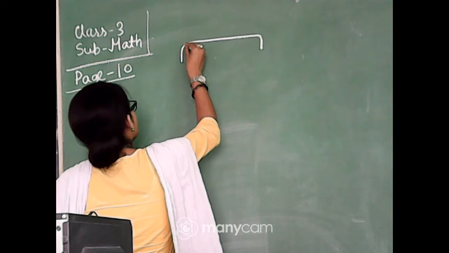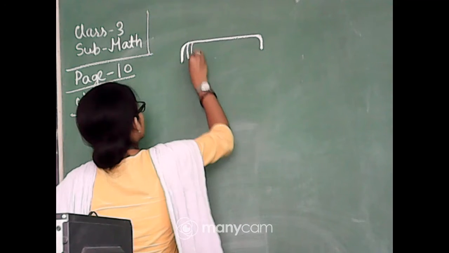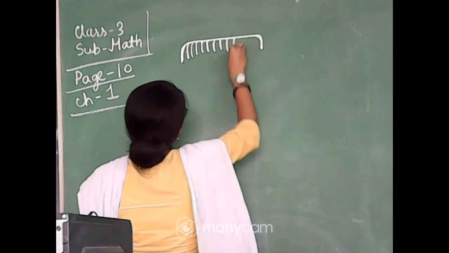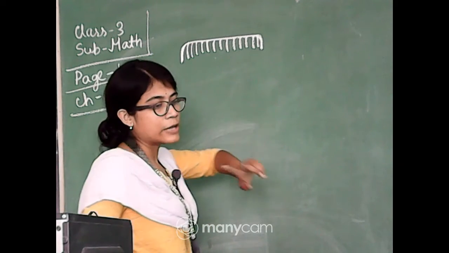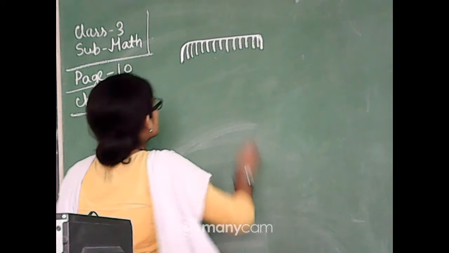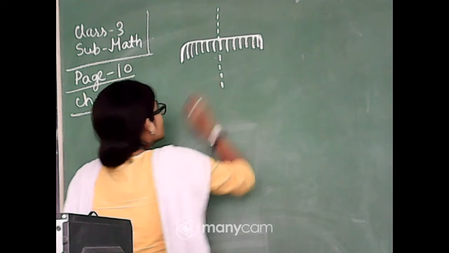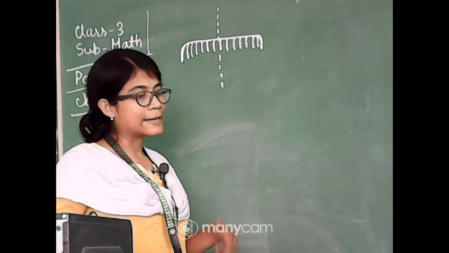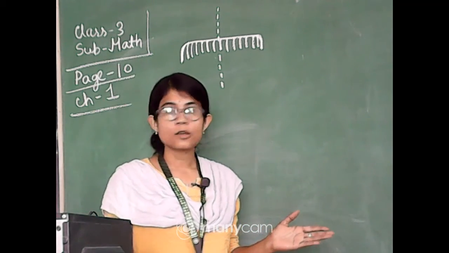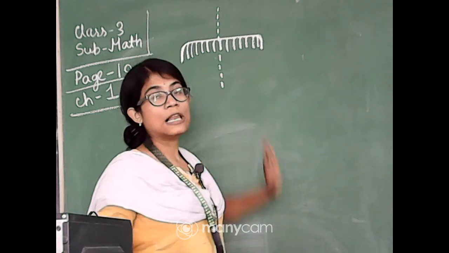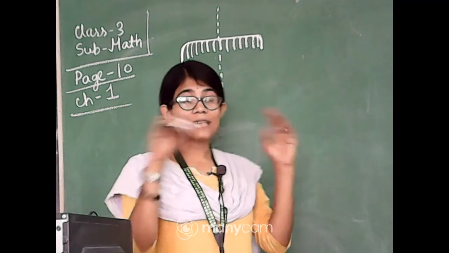So if all of you think that this is the comb, it doesn't look that good, but still just for explanation purposes. Now they are saying using a dotted line, so just think that I am using this dotted line. They are asking, by using a dotted line, can you divide the following picture into two similar halves? Similar halves means both the sides will look the same, and both sides will be the same size.